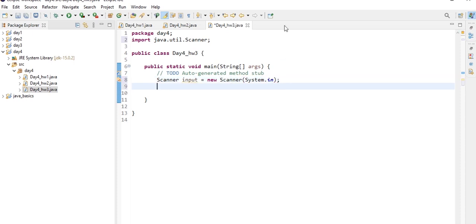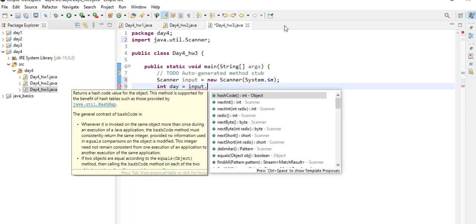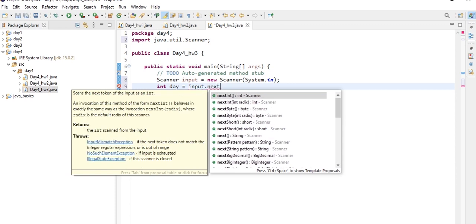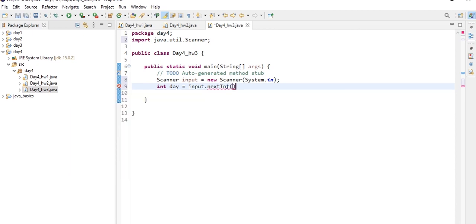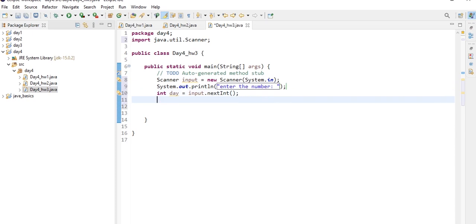So as we know that the switch statement works on cases, first we are declaring a variable int day, I mean the variable day of integer data type, and we are taking the input, that is object name dot nextInt method, where input is the object name, and nextInt is a method name which is available in the Scanner class of util package. And before that, let's type here something, enter the number. Okay, and now we will declare another variable of string data type, that is day name.